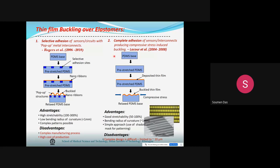We have used this mechanism instead of this one, so that first you take the PDMS film, you do the pre-stretching. Initially you do the stretching, and then you deposit some metal. After deposition, you release this stretching, you release the stress, and the surface will get buckle shape. The film will get buckle shape in the one direction only, not in the two directions, because the stretching was done in one direction only. Okay, so you can do it, but right now, not only in one direction, you can do the stretching in both directions in a very controlled manner. Then the buckle formation will also get some very complicated shape, and that you can utilize for operation of